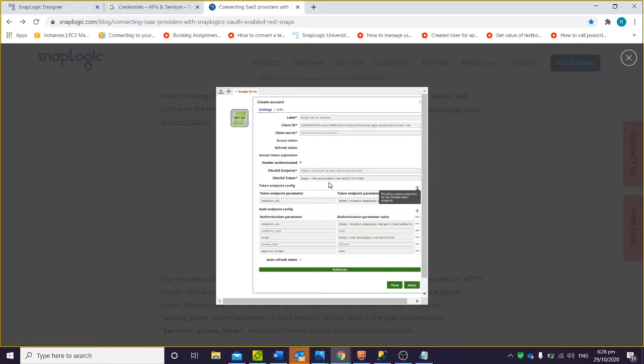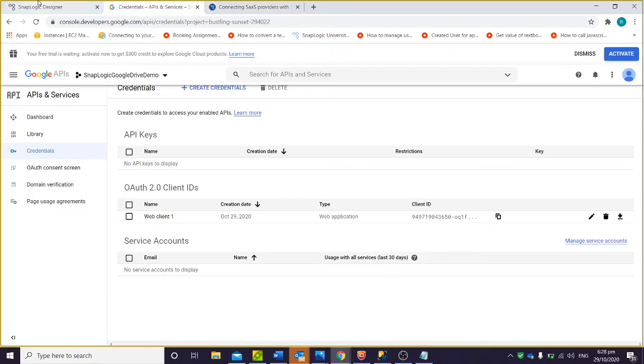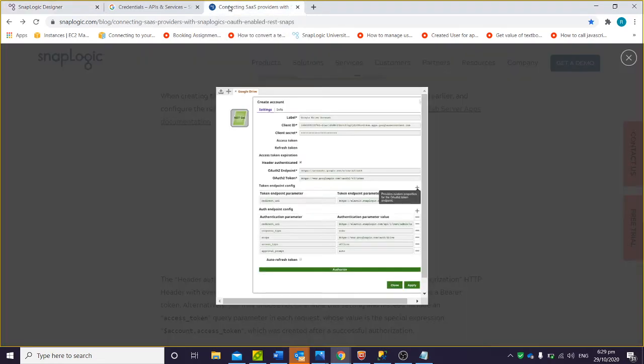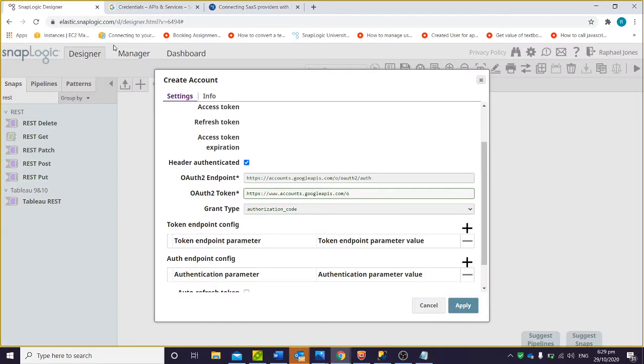HTTPS www Google APIs OAuth2 v3 token. www.accounts.googleapis.com OAuth2 v3 token. Okay, token endpoints